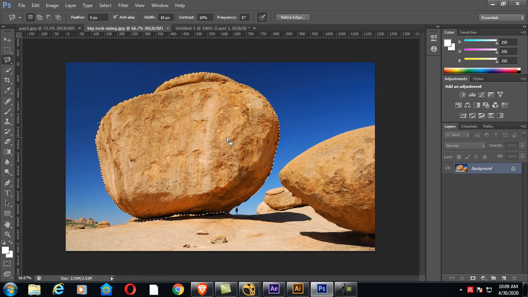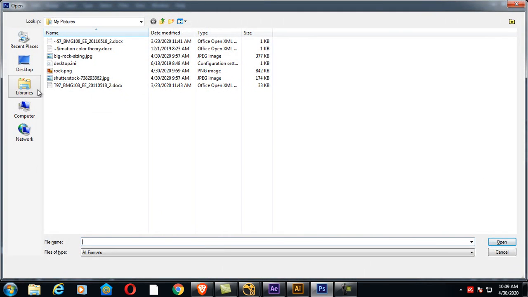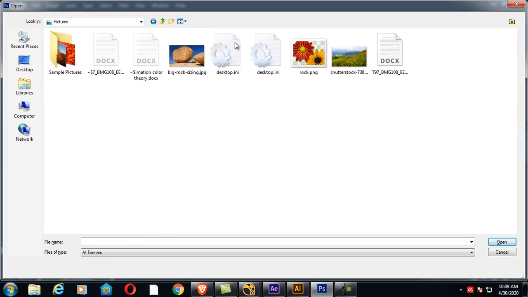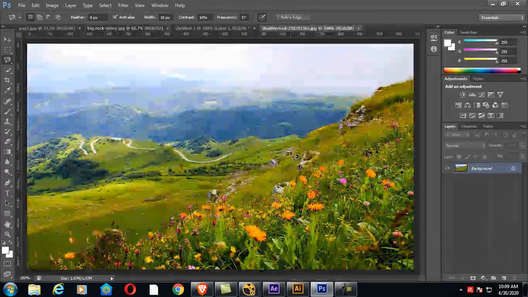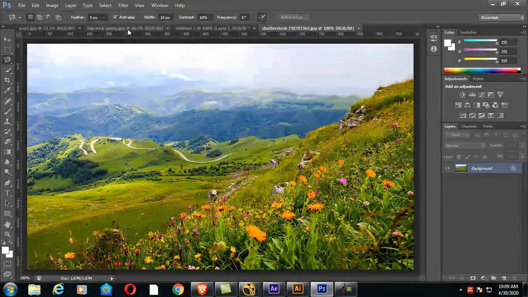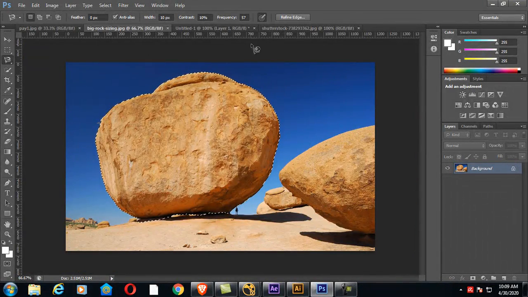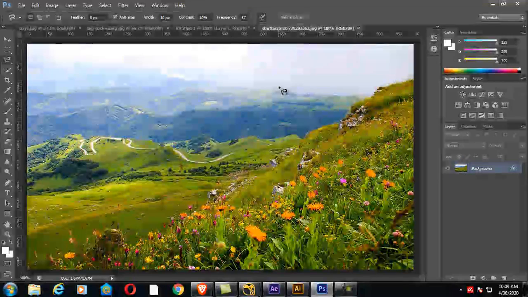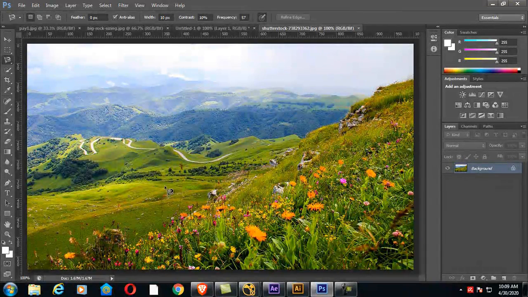One is this image of a rock, and we have one more image of a terrain. So we have these two images: one image is of a rock, another image is of a terrain. Now we want to put that rock over here, match the lighting, and create a composite, again create